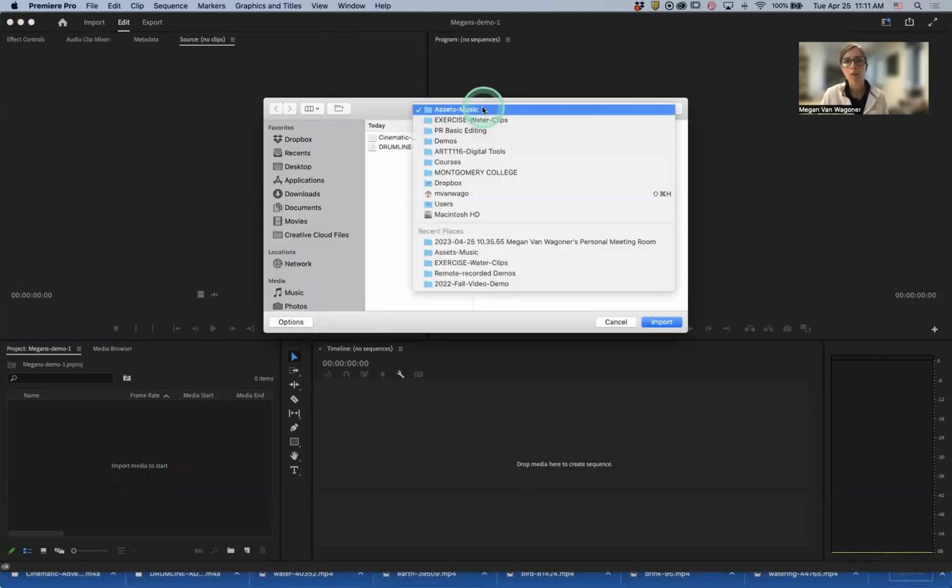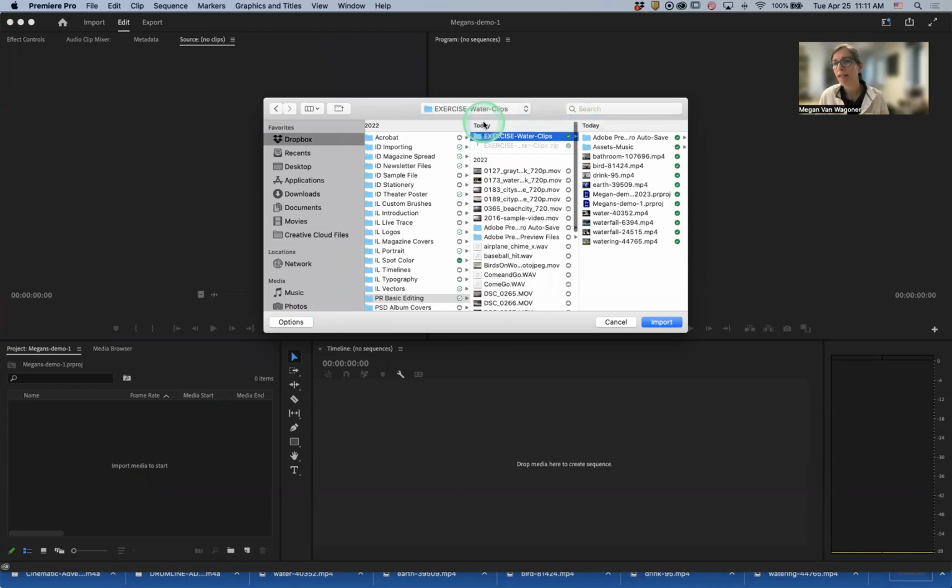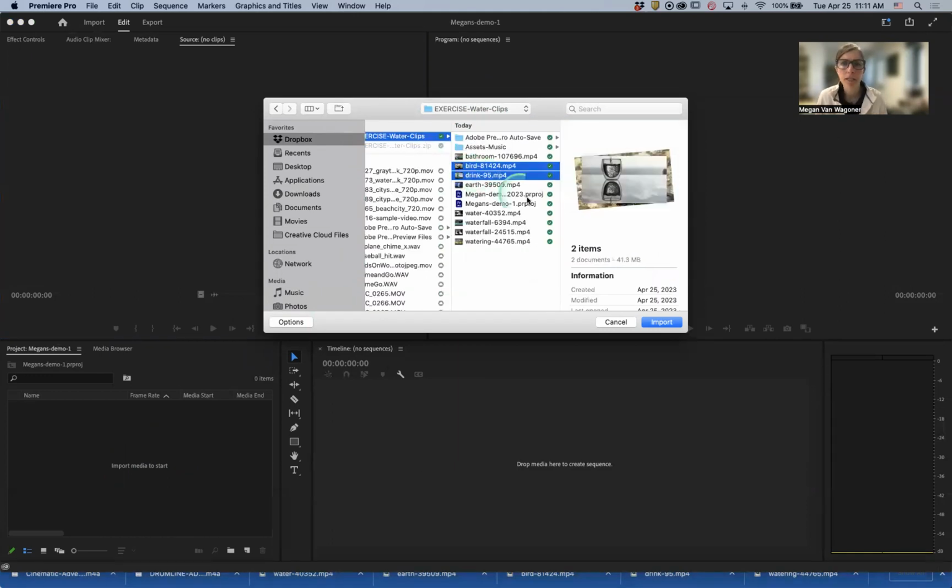What that's going to do is open up a Finder window where I can go out and navigate to the content that I have. This content should be in the folder that you created for this project, the sort of home of this project. So I'm in my folder that says Exercise Water Clips, and I have here my demo project file and all of my MP4s, and I have a folder with the music. So I'm going to start. I'm just going to pick, let's see, 4 of these that I want to work with